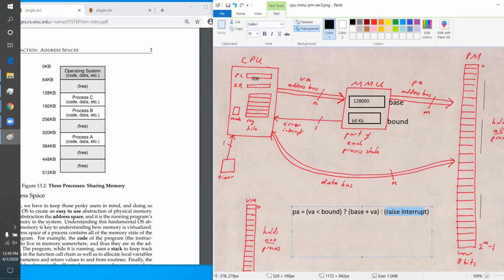You raise the interrupt to 1, and that's the signal that the CPU should halt the program. Okay. If we want, we can say the